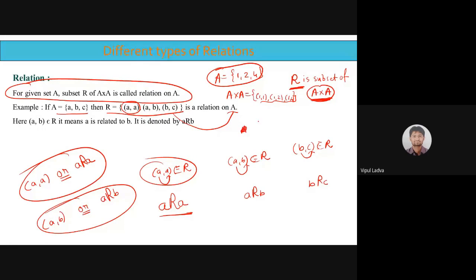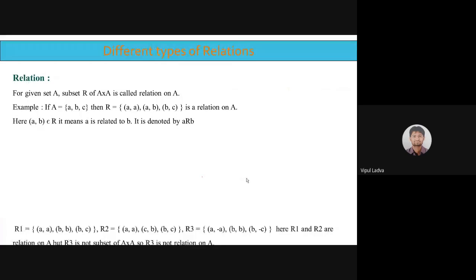तुझे अगर लगे तो तू ऐसा एक सबसेट उठा रहा है जिसमें (1,1) है, फिर (2,1) है, फिर (4,2) है. Is it? Okay. Now, sure, this is gonna act as a subset of A cross A. इसका सबसेट होगा ये, हाँ या ना? Yes sir. I can say this is a relation on set A. Okay. A cross A का कोई भी प्रॉपर सबसेट ले ले, उसको बोलेंगे हम relation on set A. Good? Okay sir. Getting properly? Yes sir. Okay. Then let me move further. किसी और को भी क्वेश्चन है तो बताना. हाँ ठीक. चलिए आगे बढ़ते हैं.